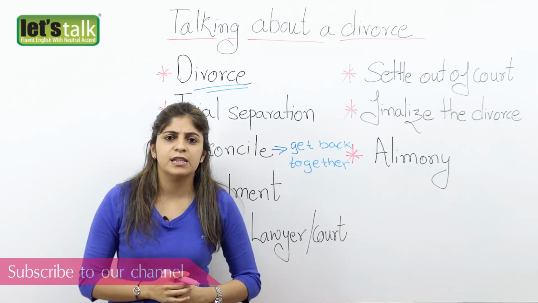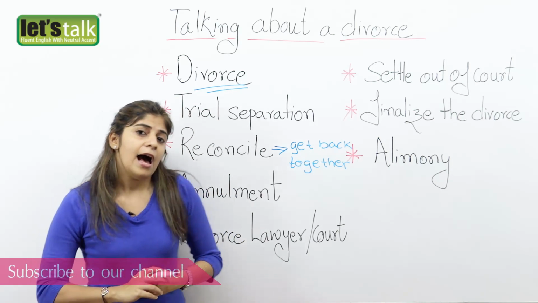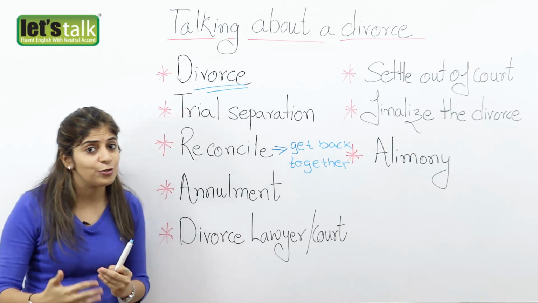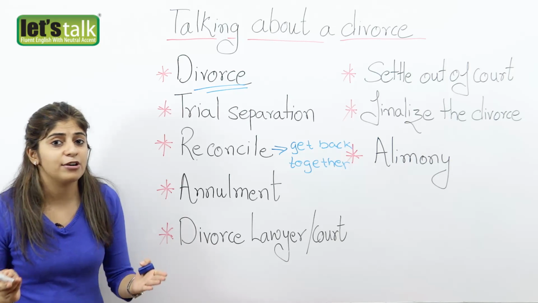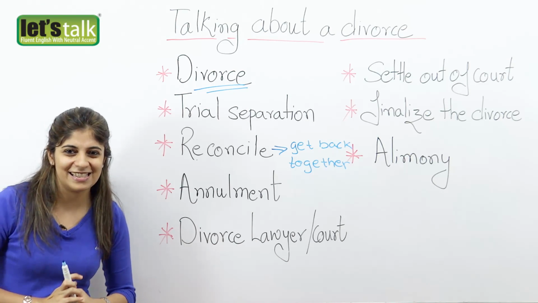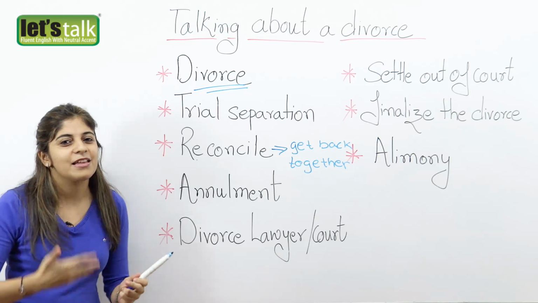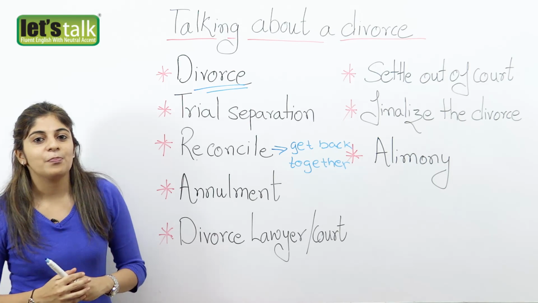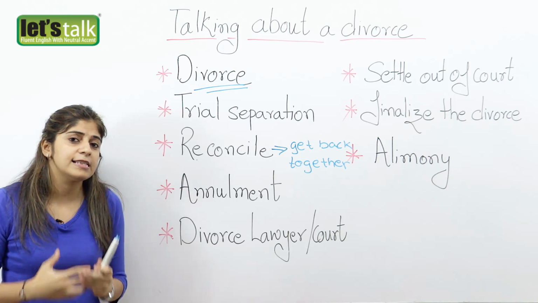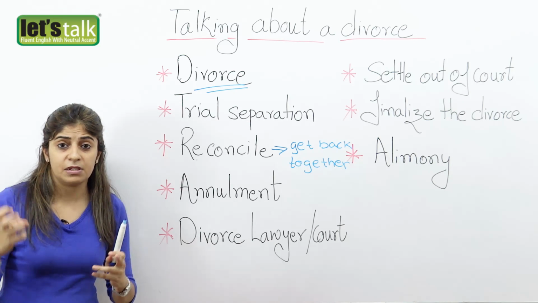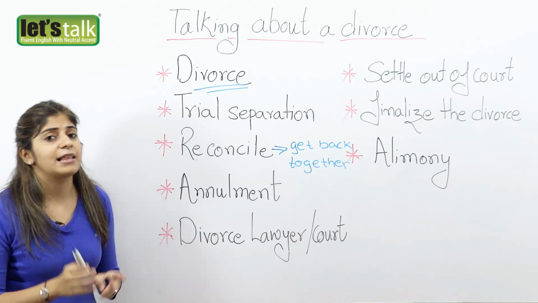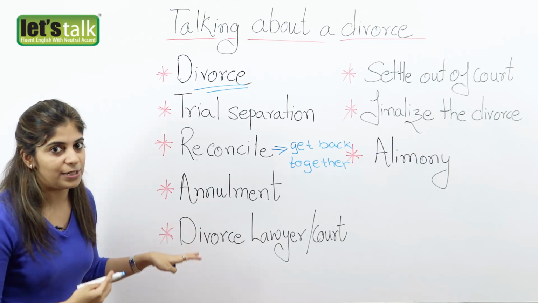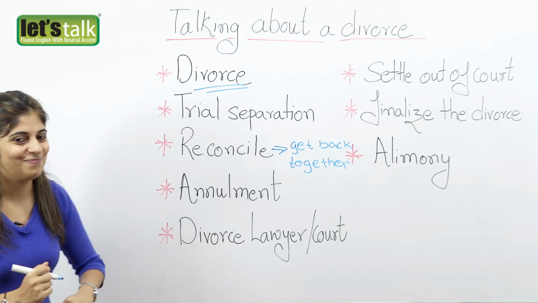Now, there are certain reasons why a marriage can be invalid. If one of the partners was already married before getting into this marriage, then the marriage is void, right? That's mean, isn't it? The partner is already married and then you're getting into another marriage. Wow. Well, there's another reason also. If one of the partners is forced to get married, they're compelled to get married, then it won't be called a divorce, but it would be called an annulment, okay? Because the marriage is invalid.